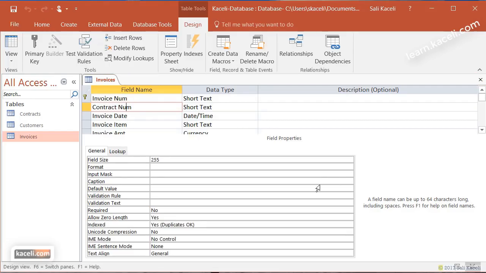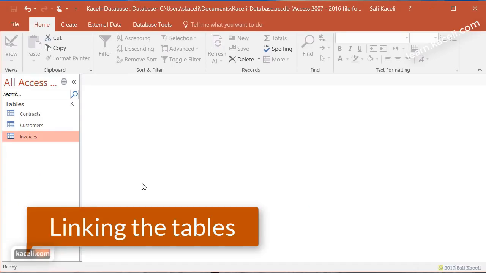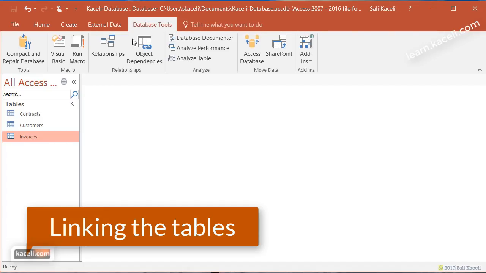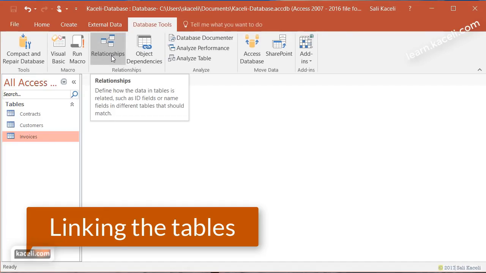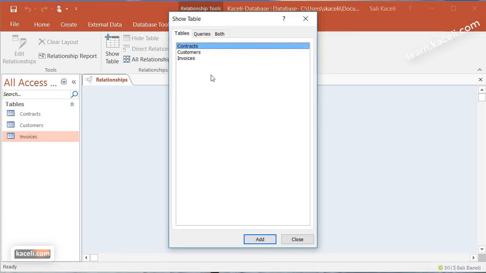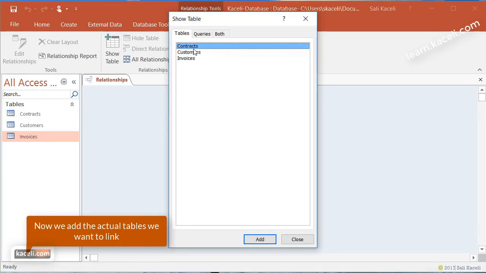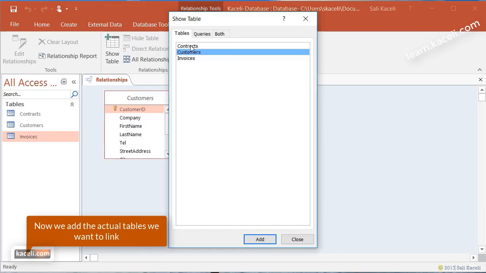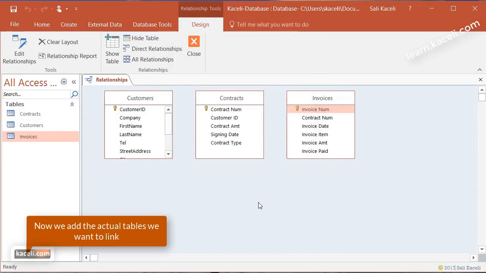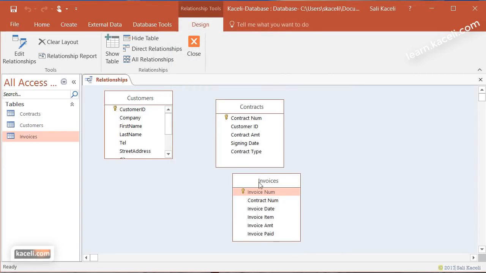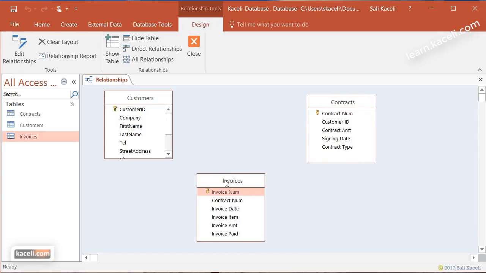Now at this stage, we need to close the tables. And then the next thing that we need to do here is we need to go here under Table Tools, and then we're going to define the relationships. So we go here under Relations, and then we choose to add the customers table, we choose to add the contracts table, and then the invoices table, and then close this. Now notice, you can even organize them any way you want here. You want to organize them fairly logically if you can, so that you see the structure